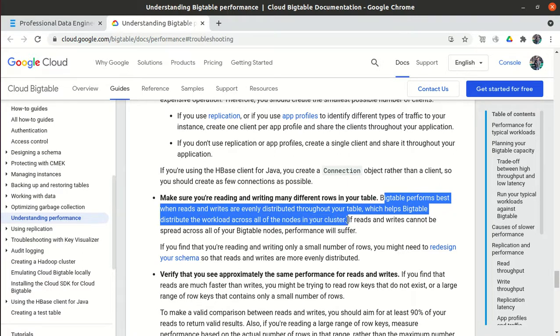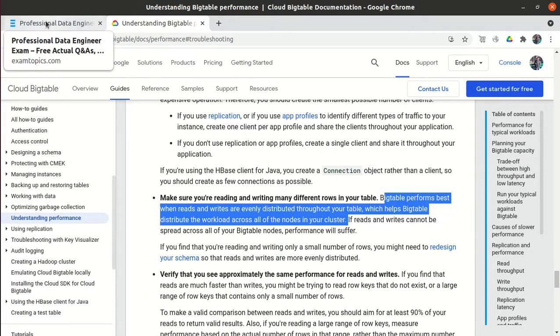If reads and writes are equally distributed, then the workload gets distributed across the whole cluster, so it will not put a heavy load on a single node.